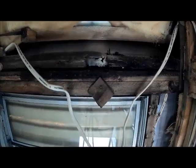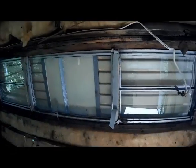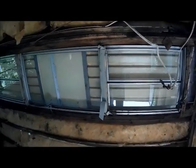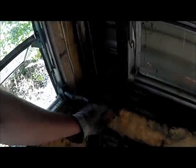I mean, it came apart when I was trying to, sorry about that. Yeah, it just came apart when I touched it. This corner over here, it's just coming right off. It's definitely,